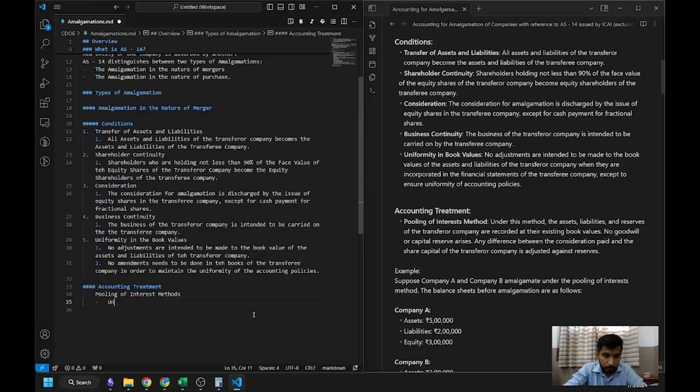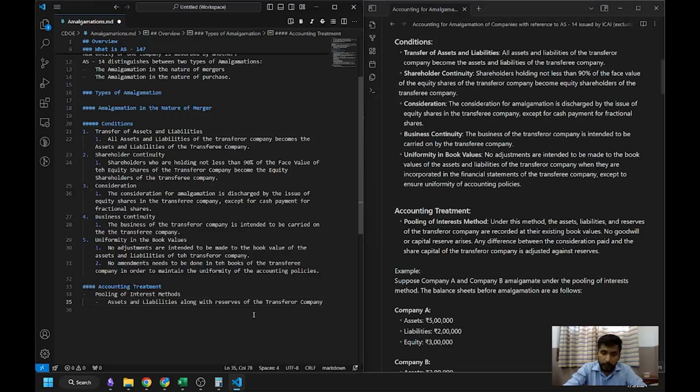Under this, the assets and liabilities along with reserves of the transferor company